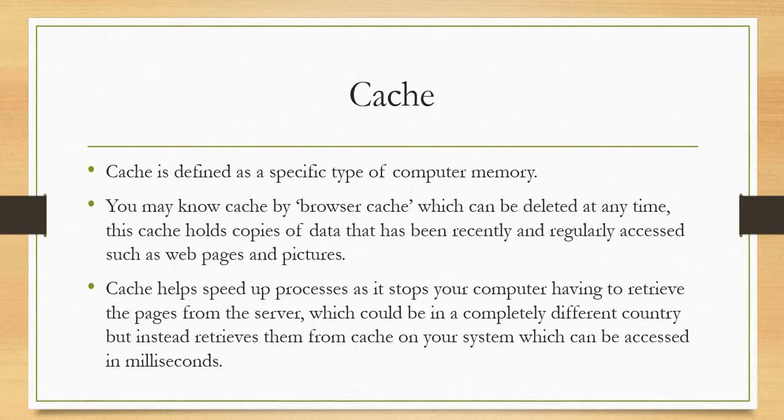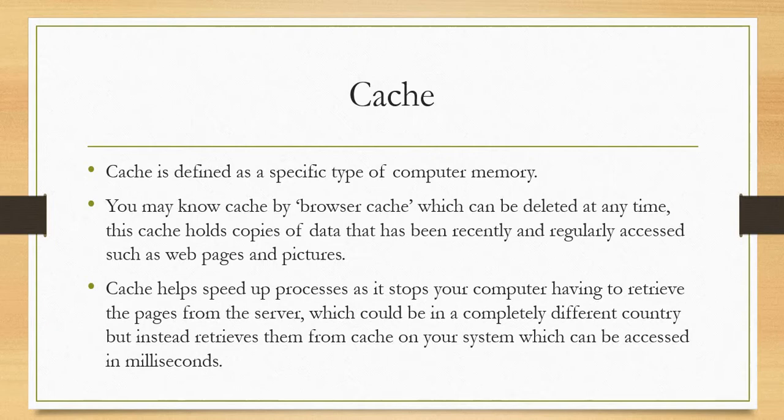So cache is defined as a specific type of computer memory, much like RAM. So you may know cache as browser cache, which can be deleted at any time. Much like you'll have browser cache, and it'll say, do you want to delete temporary files? And this cache holds copies of data that has been recently and regularly accessed, such as web pages and